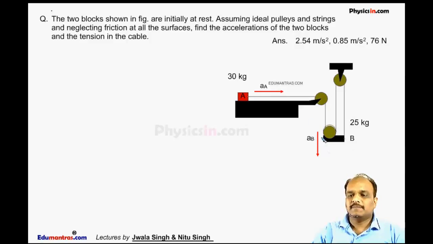block B be AB. Then we know by constraint, if we stop this block A, this block B will stop. So by constraint we can say there is a relation between the acceleration of block A and B. So we will watch a video which we have already seen, the lecture on constraint relationships.